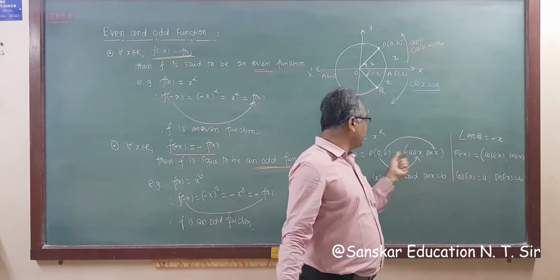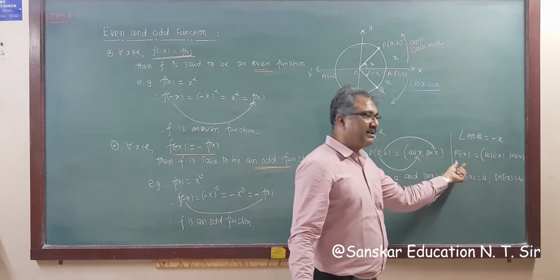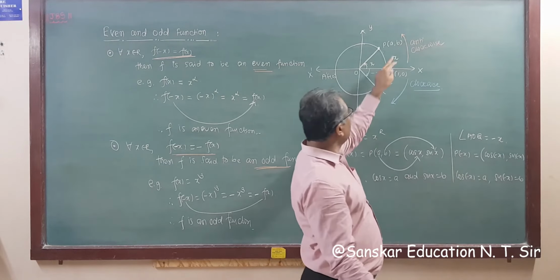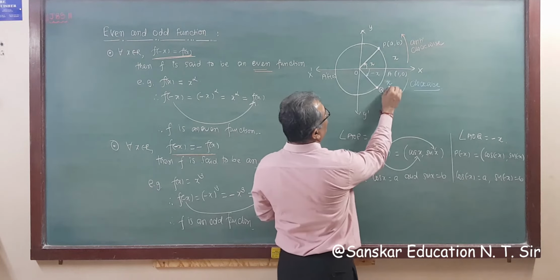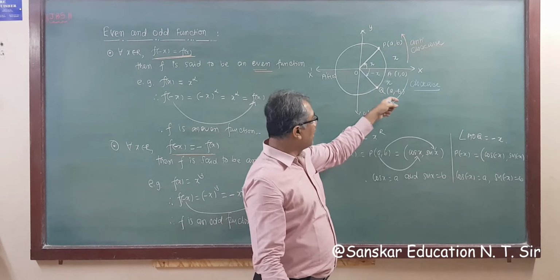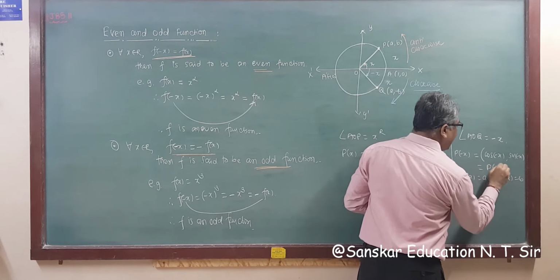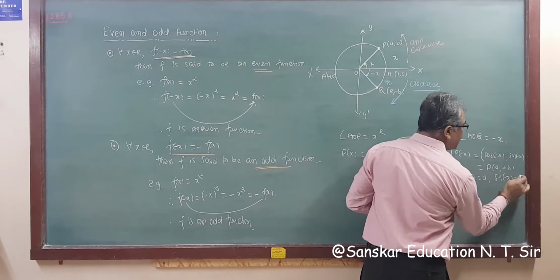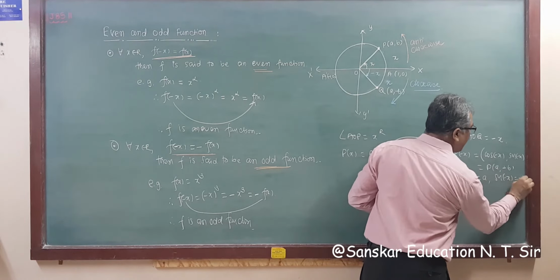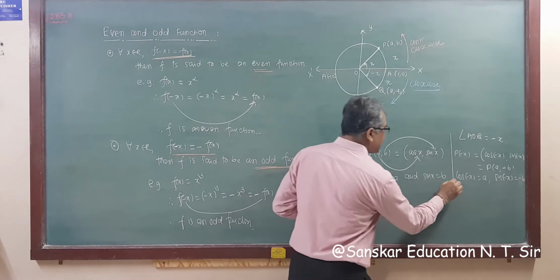I am not writing here this point P(A, B) because it's obviously the point P minus x. We consider this point here, and this is Q, that is A, minus B, right? So your point is A, minus B. If you want to write, then I write here A, and the y coordinate is minus B. So here we get A, minus B. Now say this is result number 1.